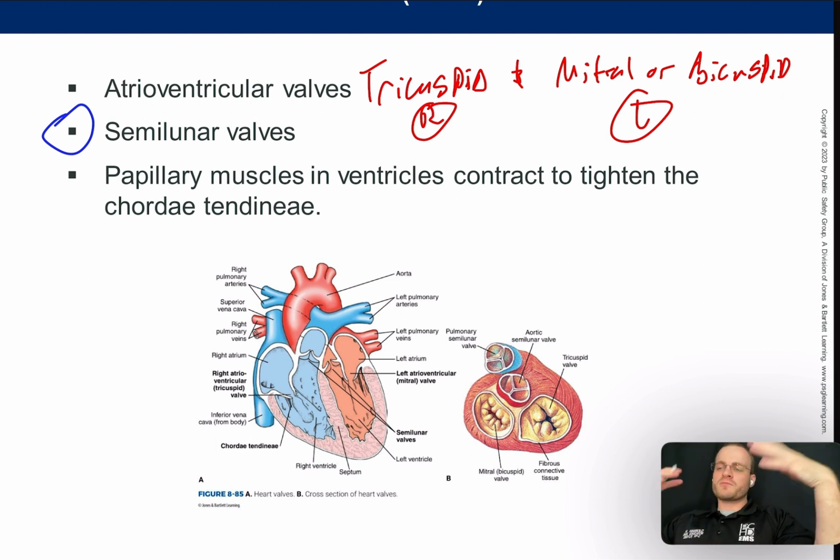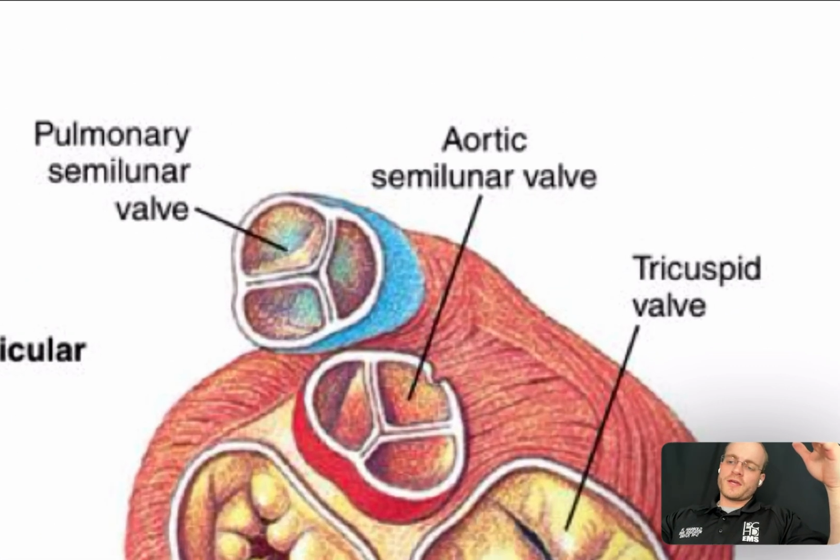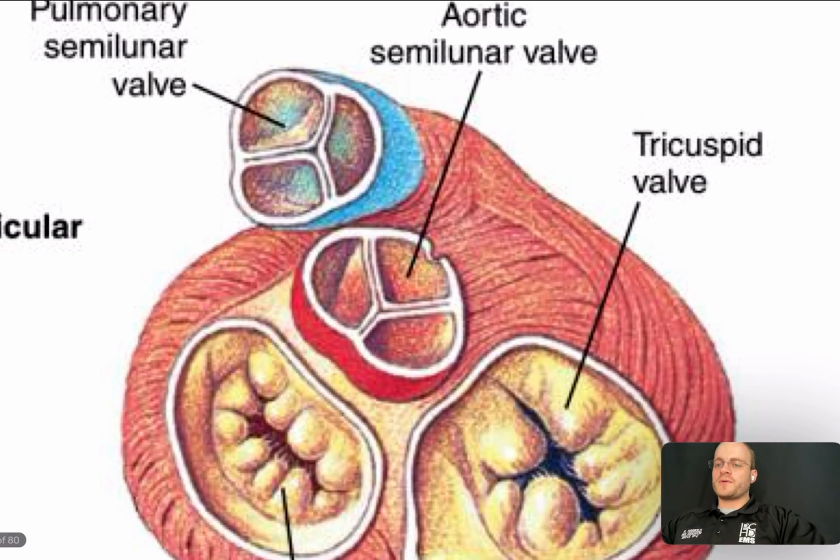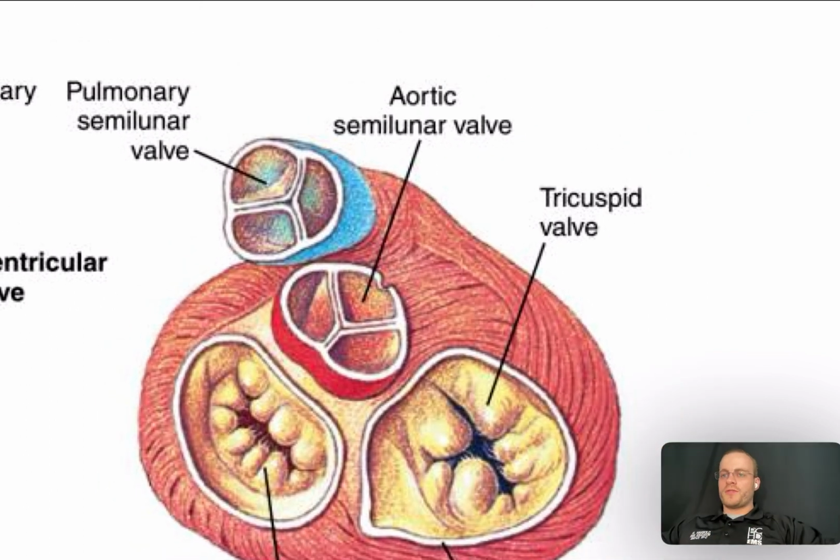So they're kind of like moon valves. And if you zoom in, I guess if you're drinking a lot of beer, you might think, oh, that looks like a moon. But I didn't come up with it, okay? Don't take it up with me. But these are valves that we need to know about, called the aortic semilunar valve and the pulmonic semilunar